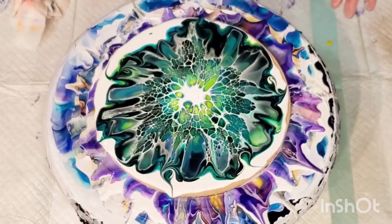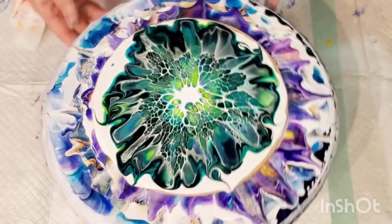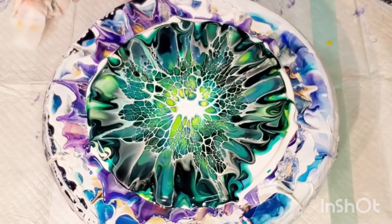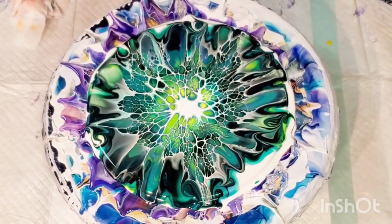As we spin, I'm cleaning up. So efficient. I'm like a multitasker to a fault, if you don't know that. One thing that's kind of funny about me is I pay attention better if I'm doing more than one thing. It helps me manage my distracted brain. I know that's probably plenty of other people, not just me, but